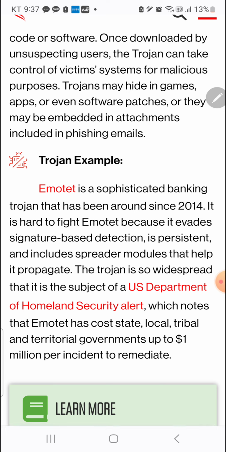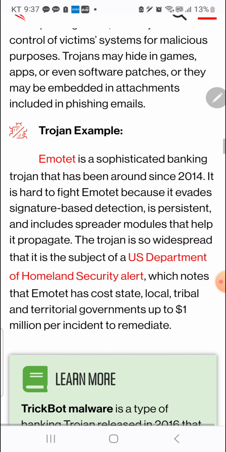It is hard to fight Emotet because it evades signature-based detection, is persistent, and includes spreader modules that help it propagate.